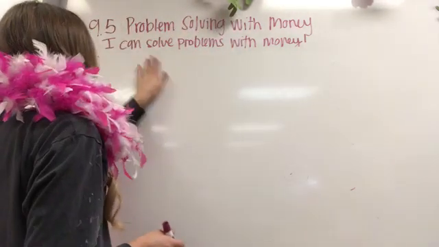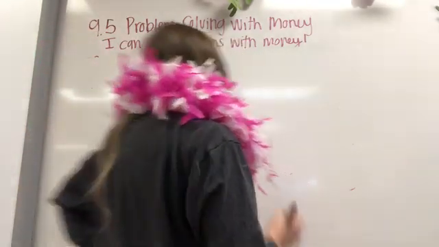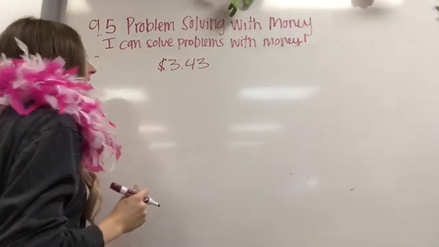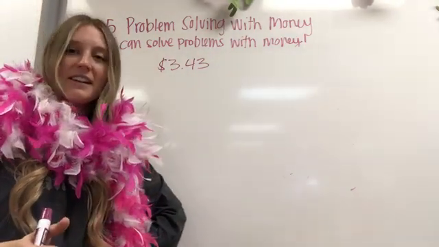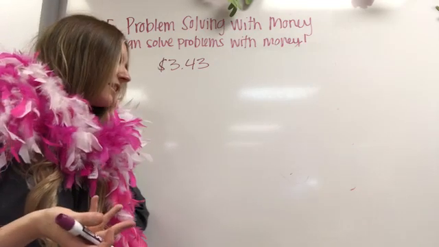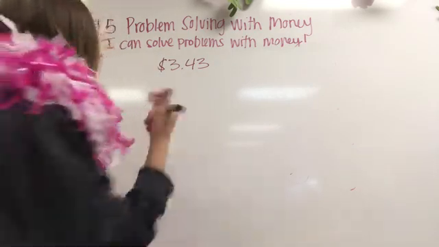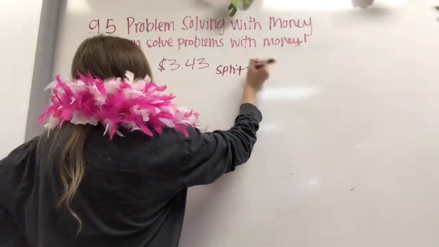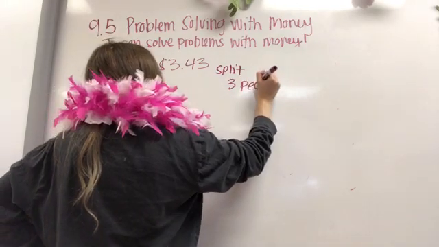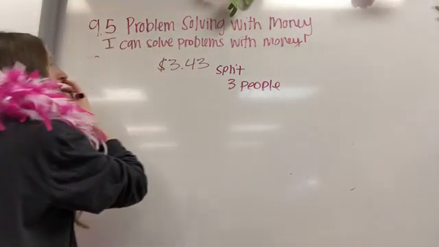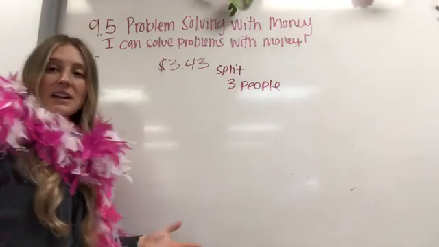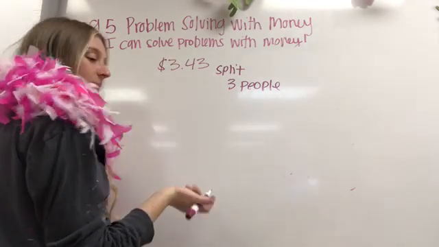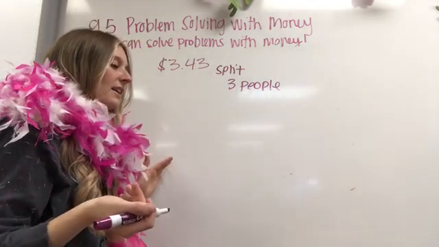But let's try another one. Okay, let's say we had $3. Ooh, Miss Gillette's getting real rich. And 43 cents. We're only going to have one pause problem today. We're going to do this one together. I have $3.43, and I want to split it with 3 people. Okay? So if I want to take this $3.43 and split it between 3 of my favorite people, how could we do that? Well, one easy way,